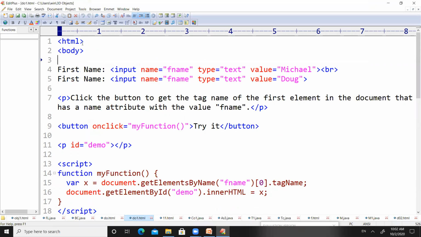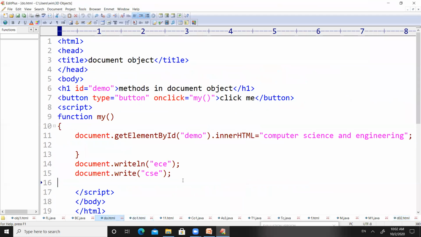Here, let us see from the starting. Here I have used an HTML tag. Under HTML tag, I have defined a body tag. Right, now see this one.